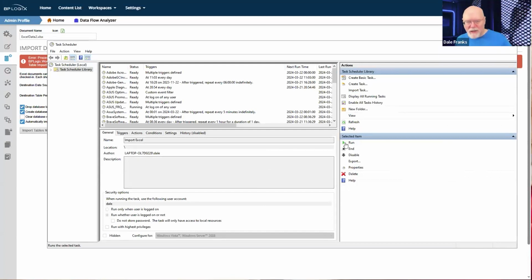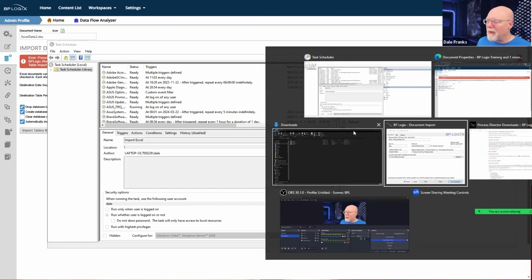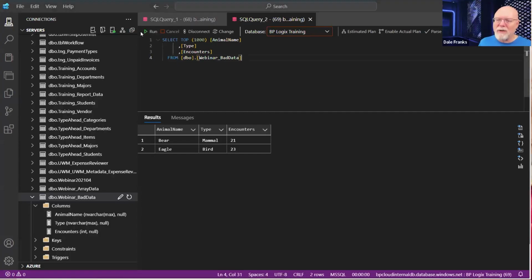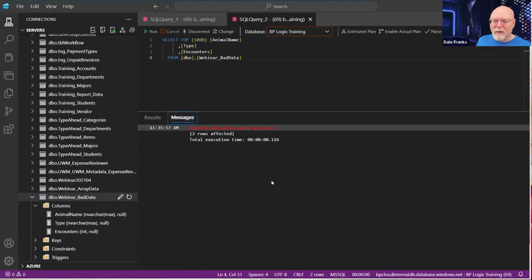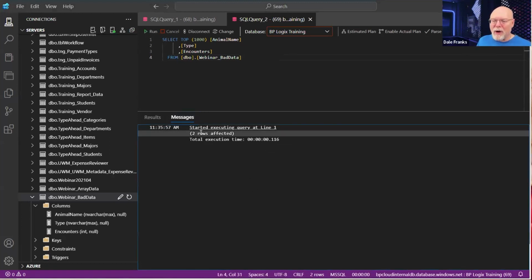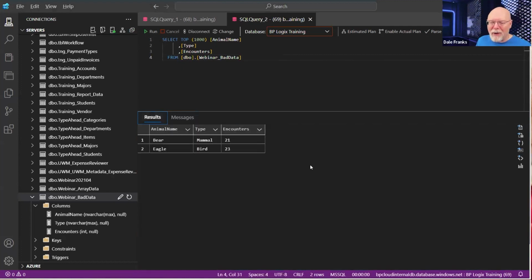We're in the task scheduler. What's going to happen? Well, not much. This is not telling me anything. It failed. I know that it failed. I can confirm that it failed simply by going back to Azure Data Studio and trying to run it again. Yeah, still failed. 2 rows affected. Not what I wanted.